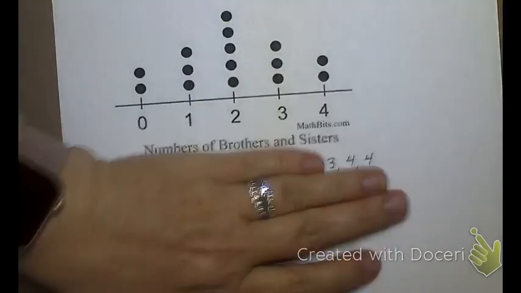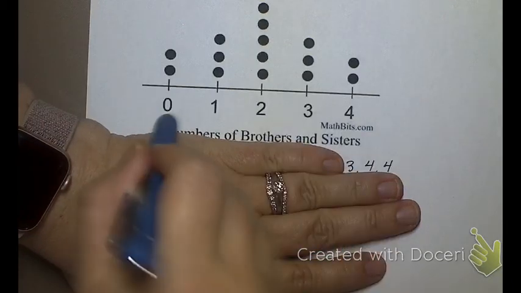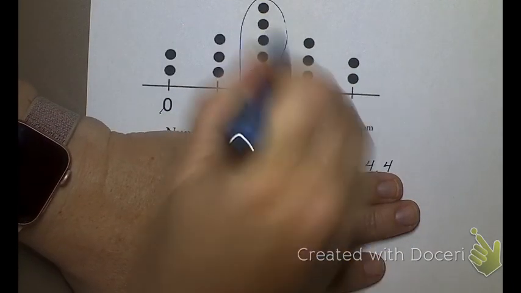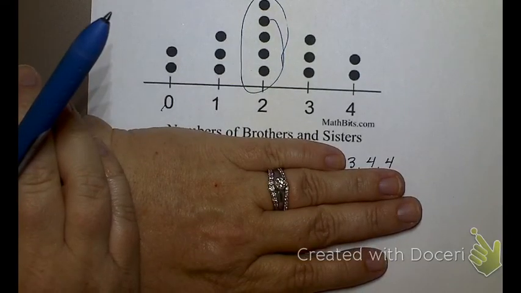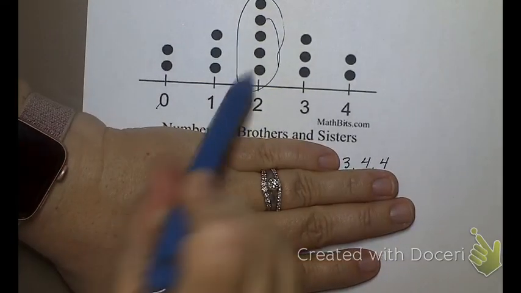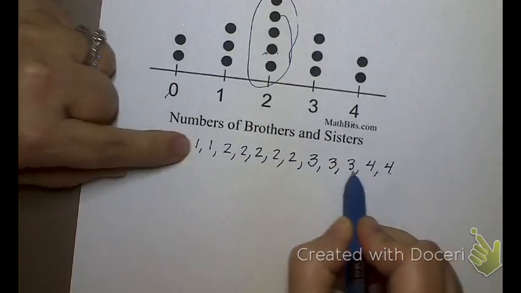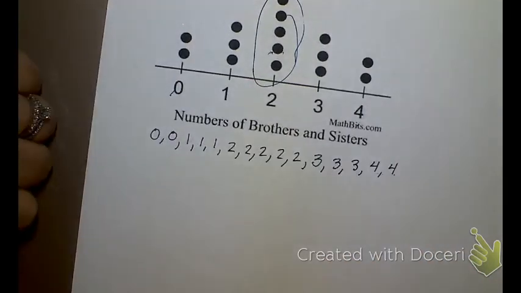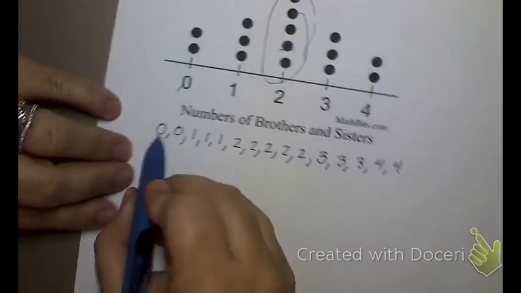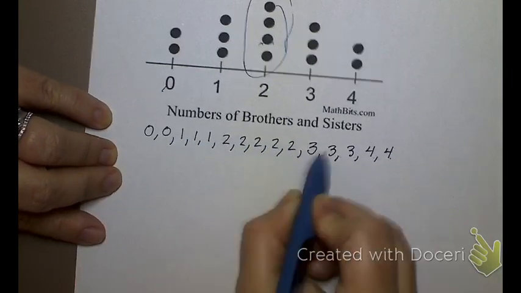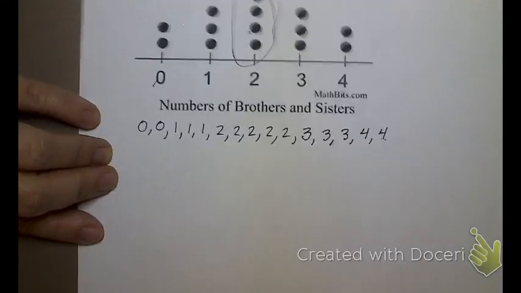I don't need this, though, to find the range, do I? When I just do 4 minus 0, my range is 4. My mode is right there, because that's the one that's the most. And I'm thinking that my median is going to be in here somewhere also, but now that I have it all listed out, I can figure out what my median is. And I can add them all up and divide by, what would I divide by? 1, 2, 3, 4, 5, 6, 7, 8, 9, 10, 11, 12, 13, 14, 15.